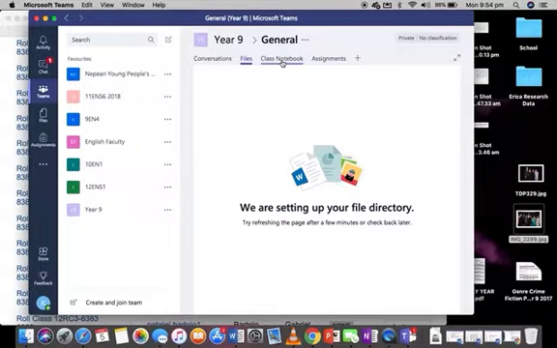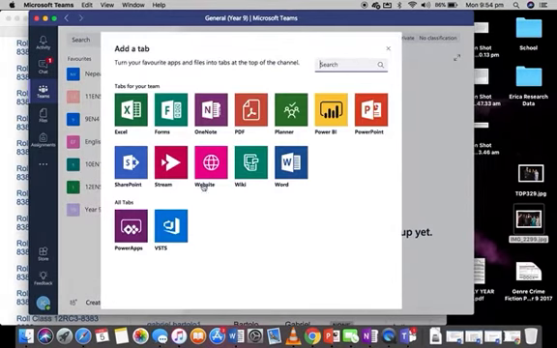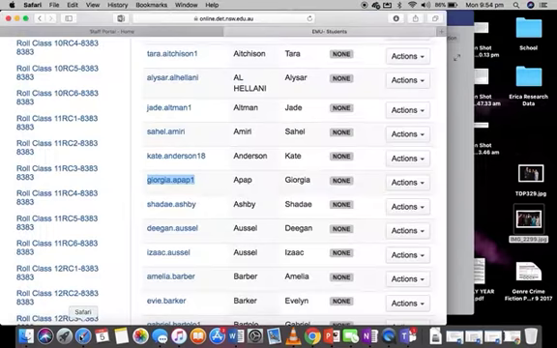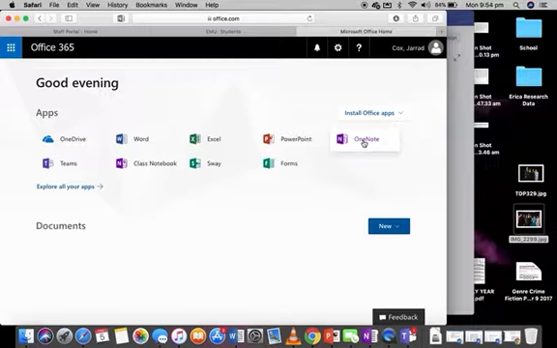And from here, on your class notebook tab, you can either set up a new class notebook, and that will be shared with all of the members of this team, or you can add an existing one. So you can go to this little plus, and you can click on websites. And from here, if you want to add an existing OneNote, you go into your Office portal, go into OneNote,